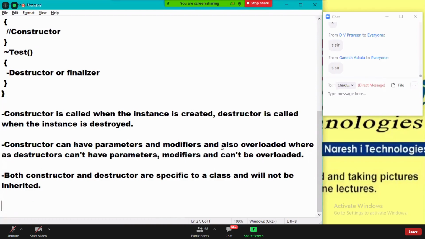Both constructors and destructors are specific to a class and will not be inherited to child classes.